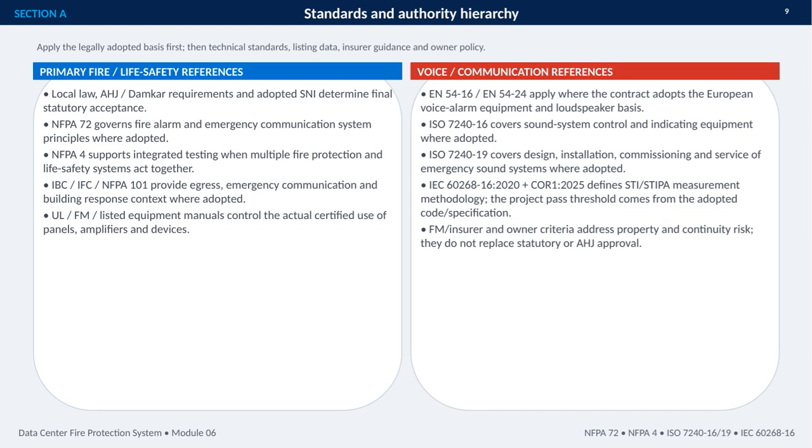NFPA 4 supports integrated testing when multiple fire protection and life safety systems operate together. IBC, IFC, and NFPA 101 provide context for egress, emergency communication, and building response, again where adopted. The certified use of panels, amplifiers, and devices is controlled by their UL or FM listings and manufacturer manuals. For voice communication systems, EN 54-16 and EN 54-24, along with ISO